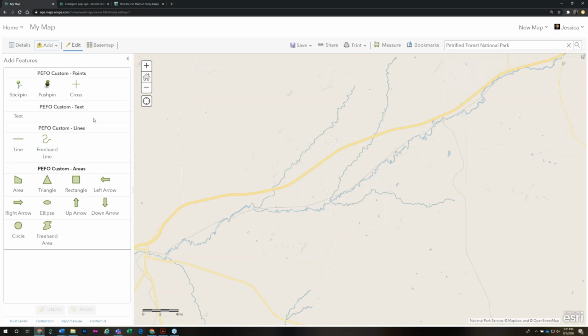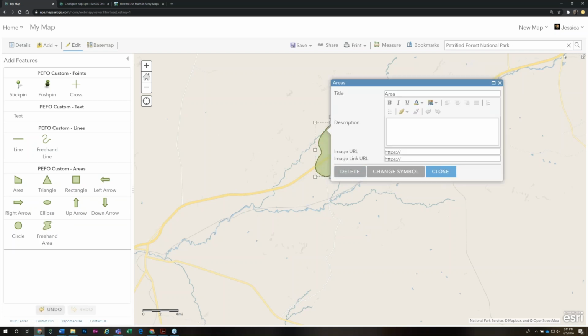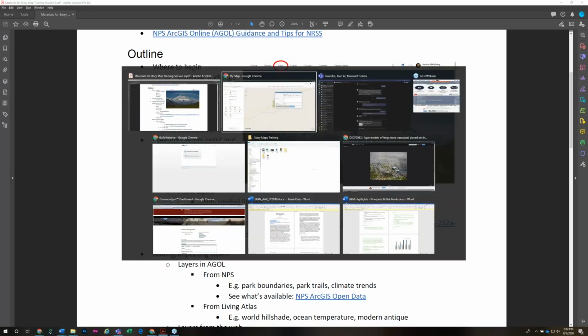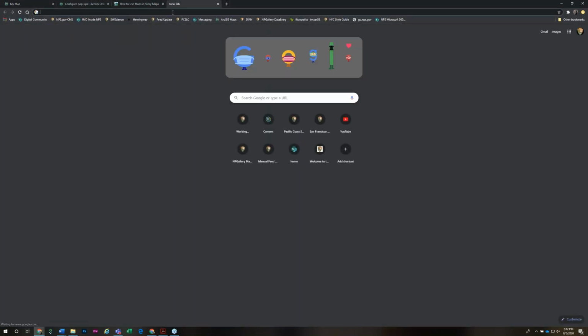And now we get all kinds of options over here on the left. So clicking on one of these will help you create one of these items. So that could be if you wanted to draw freehand around a certain area, you can do that. Once you're done, you get this little option box here, you can give your shape a name. You can add a description. You can add an image, and this will create an image in the pop-ups that you get when you click on this shape. So I've got a link to NP Gallery here if you want to try that out. NP Gallery works great for